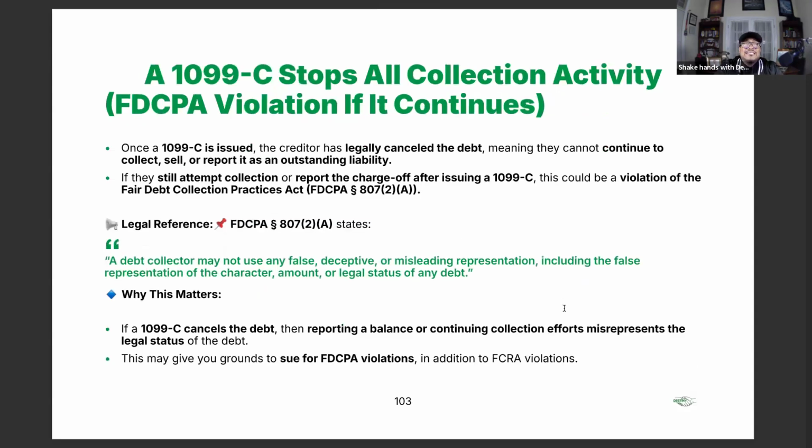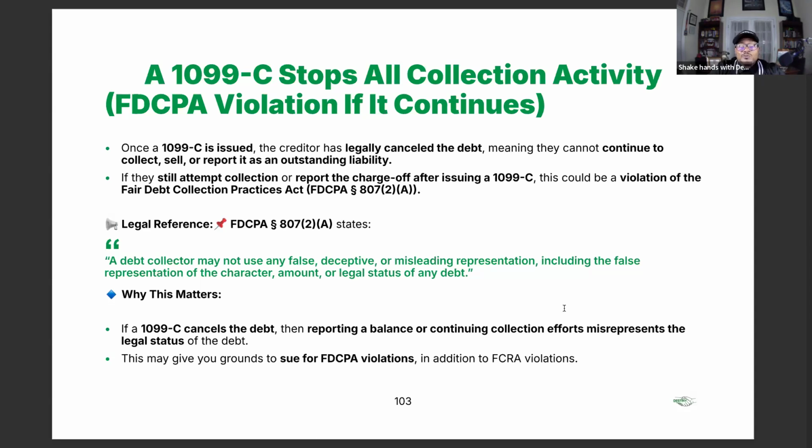A 1099-C stops all collection activities, the Fair Debt Collection Practices Act. Okay, so let's go here. Once a 1099-C is issued, the creditor has legal cancellation of the debt. And I got a lot of legal terms in here, guys, and I want you to just take the screenshots here, but I'm going to give you the nuts and bolts in about 2 minutes of how we're actually going to find this